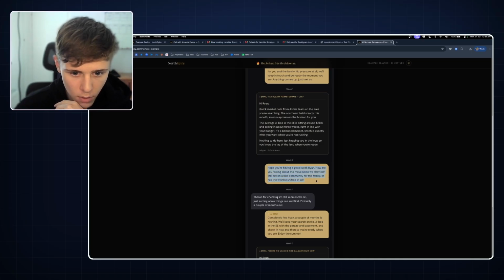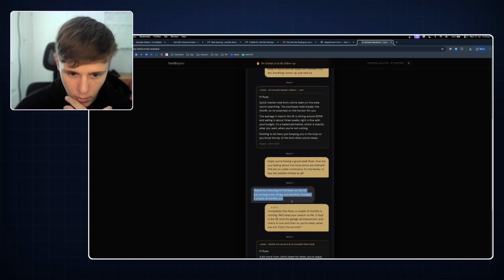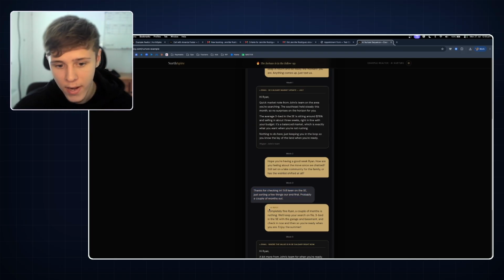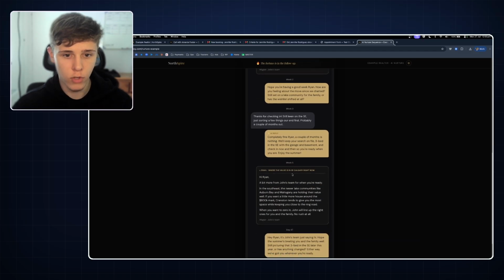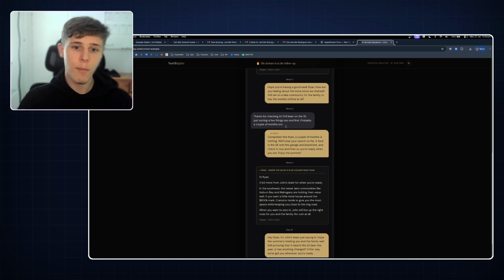Week 2, we send another message. Week 3, he replies. And we also have an AI reply based on his response. And this will also update the cadence of the responses. So let's say he says, actually, I'm 3 to 4 months out. It's going to automatically update the nurture sequences based on his response, which is really clever and obviously really smart,